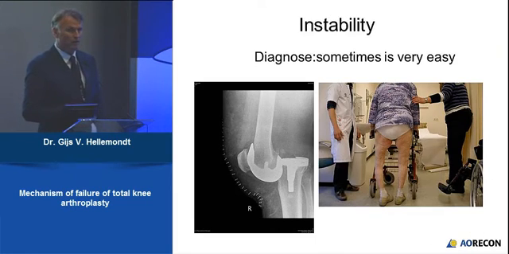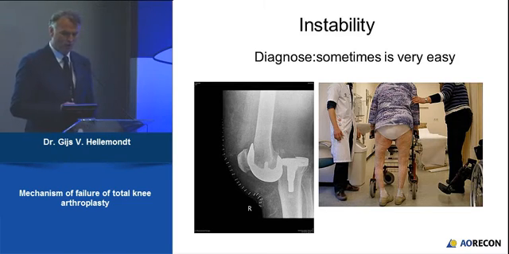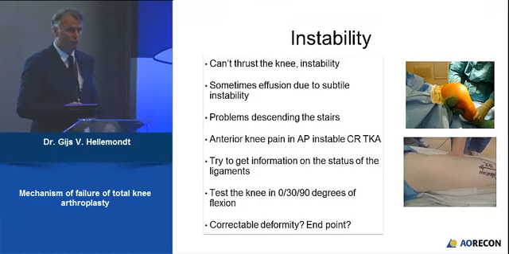What about instability? Sometimes instability is a fairly easy diagnosis. If this patient walks into your clinic or you see an x-ray on the other side, it makes it easy. Unfortunately, instability is much underdiagnosed. I think a lot of patients have a knee they can't trust and some effusion, which we call mechanical effusion. It means that they have problems descending the stairs, and especially anterior knee pain and an AP unstable CR implant